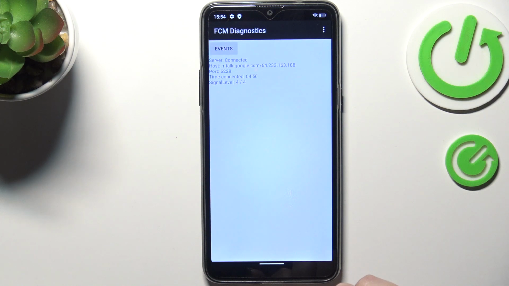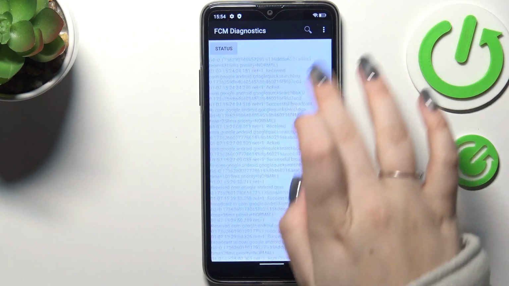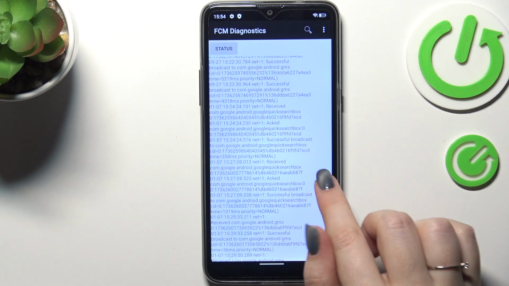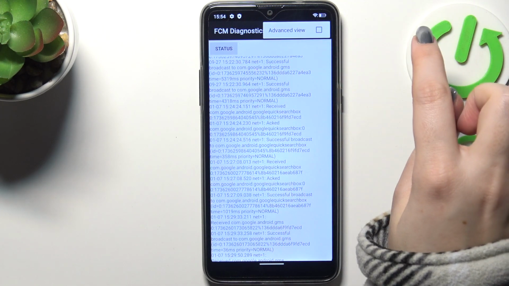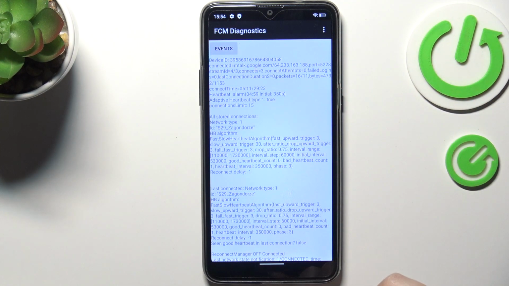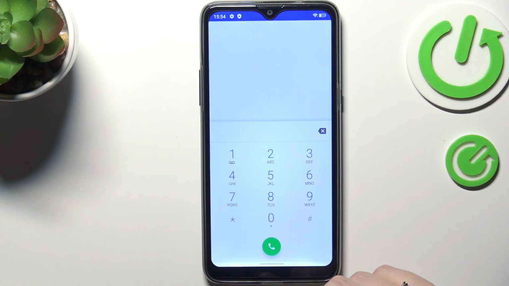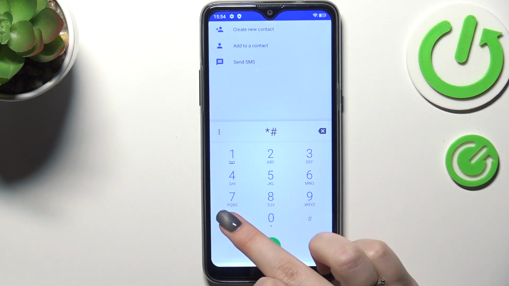*#426#*##. And here we are in the diagnostics, so we can check the server, host, port, time connected, and sign-in level. You can also tap on events, and here we've got some further details. After tapping on the three dots icon, we can show advanced view, just mark it, and then tap on the status. And here we've got much more information. So for example, the heartbeat, last ping, or HB algorithm. Let's go back, and the last code, which is